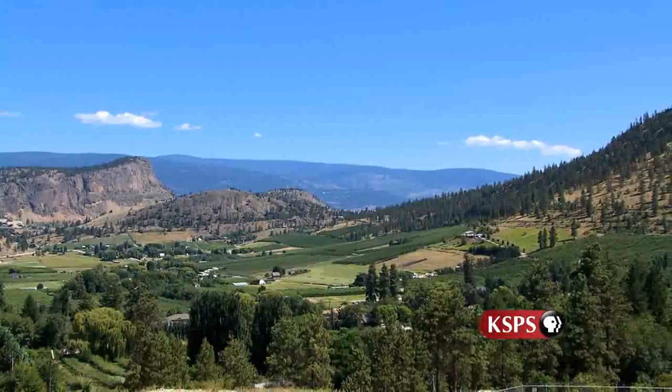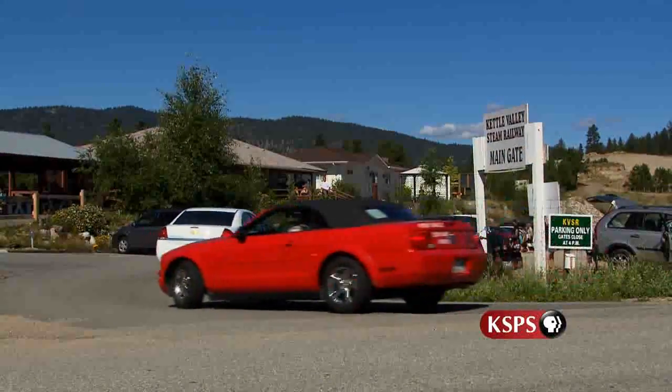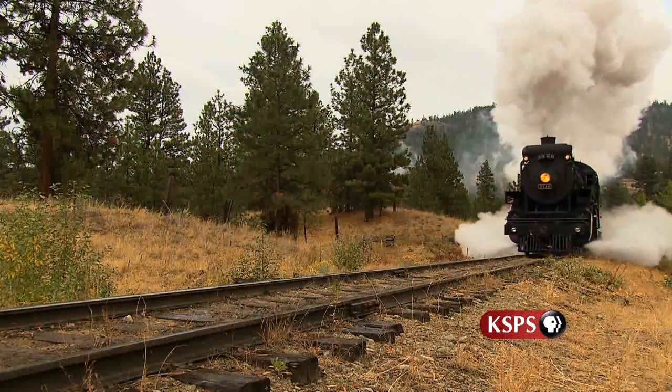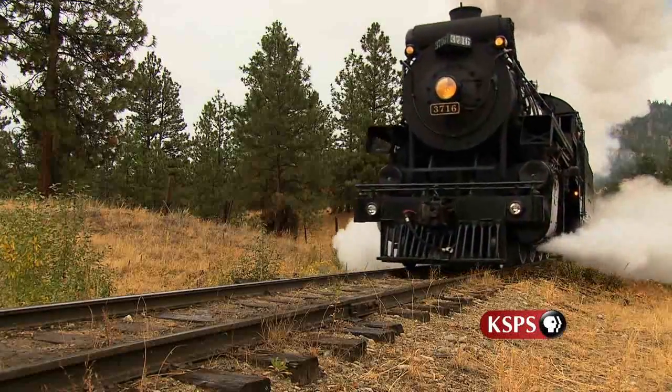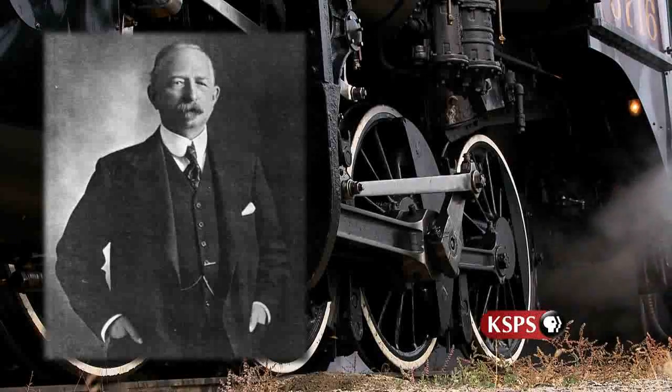Located in Summerland, BC, the Kettle Valley Steam Railway began operating as a heritage railway in September of 1995. Its primary mission then remains the same today, to preserve a significant piece of Canadian rail history dating back to 1910. The railway initially was built by the CPR as a short line, and Lord Shaughnessy had contracted out to